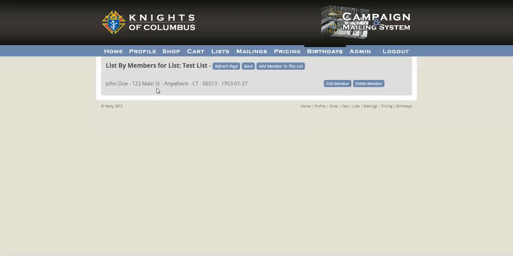And really all this is just looking at the members by name. It sorts them out, and then you can come in here and modify your list. So you say, well, this guy no longer should be getting a birthday card for whatever reason. You can either edit or delete a member. So if the information's wrong, they weren't born in January, that was a mistype or what have you, you can simply come in here and edit that. So maybe he was actually born in February or March. So anyway, you can do that here. So we'll go back,